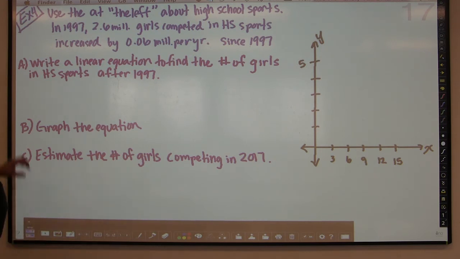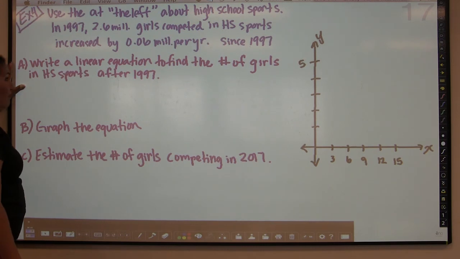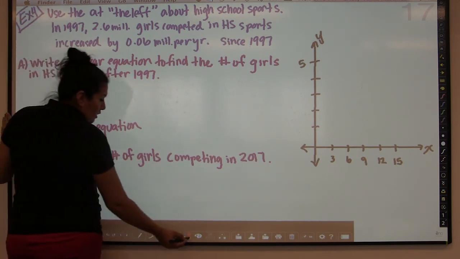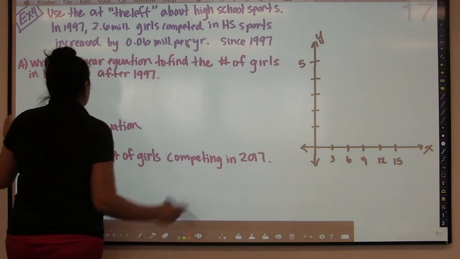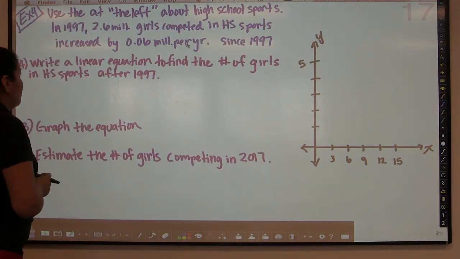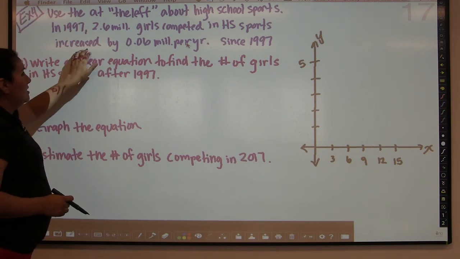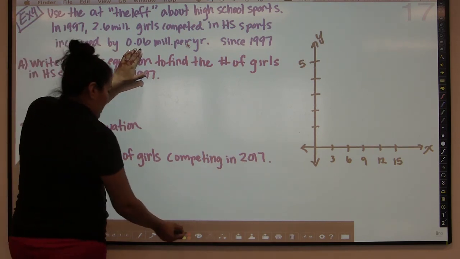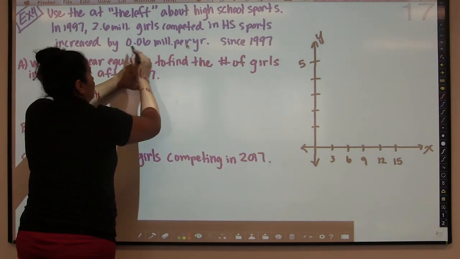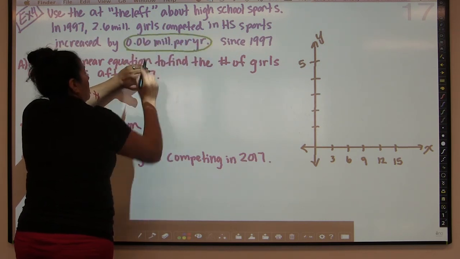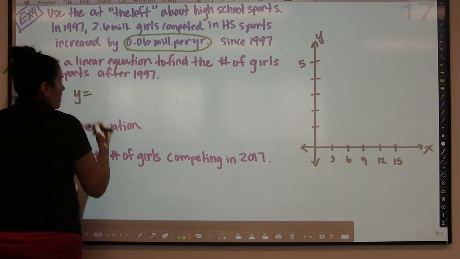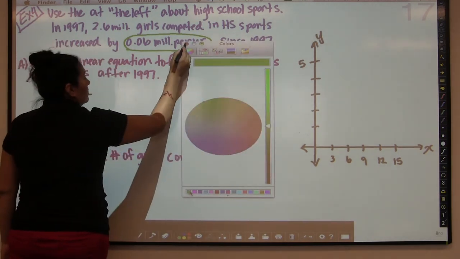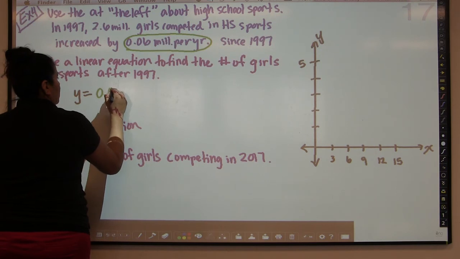So from that information, we were supposed to write a linear equation to find the number of girls in high school sports after 1997. So we'll get right to it. This is not going to be very hard. Basically, this increase is 0.06 million per year. That actually represents our slope. Okay, so our equation is going to be y equals, and our slope is 0.06